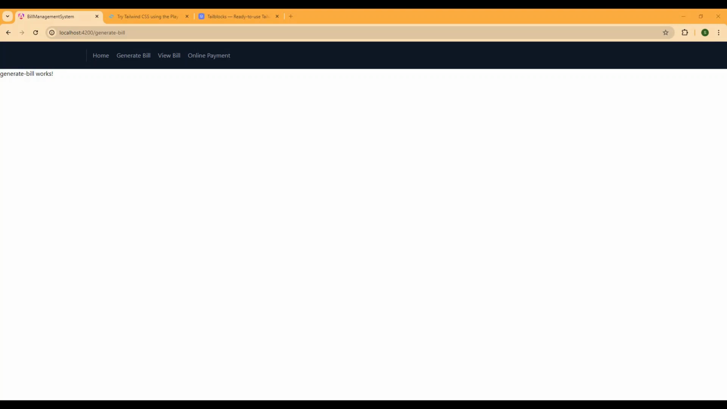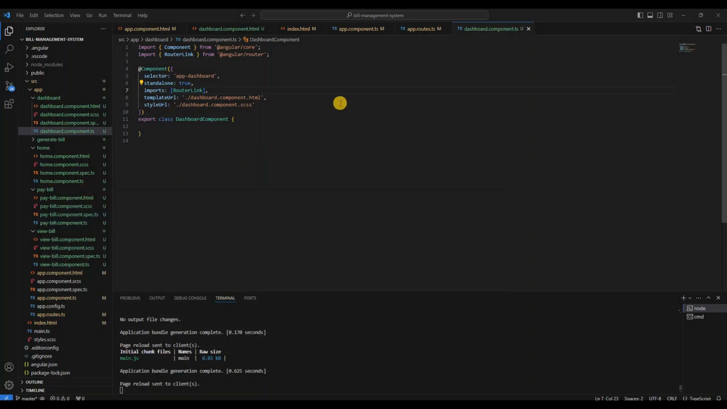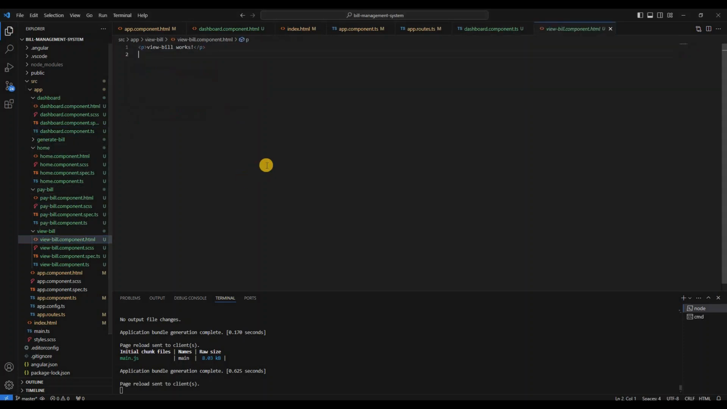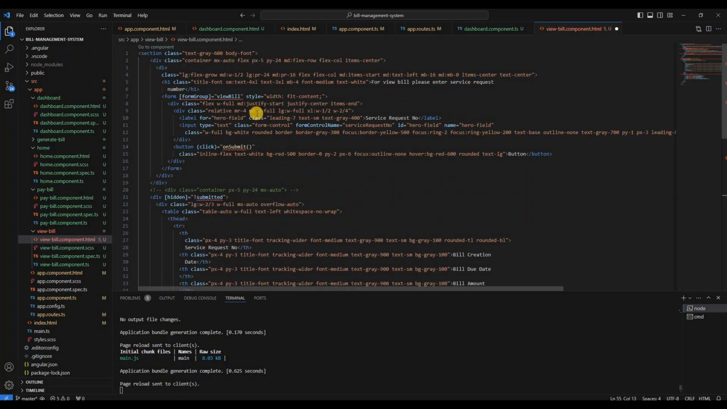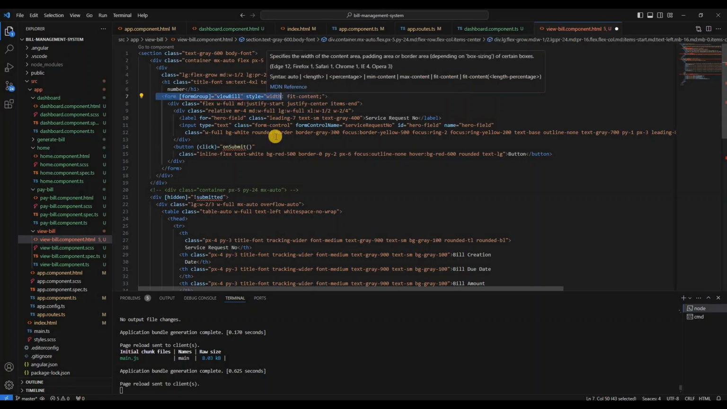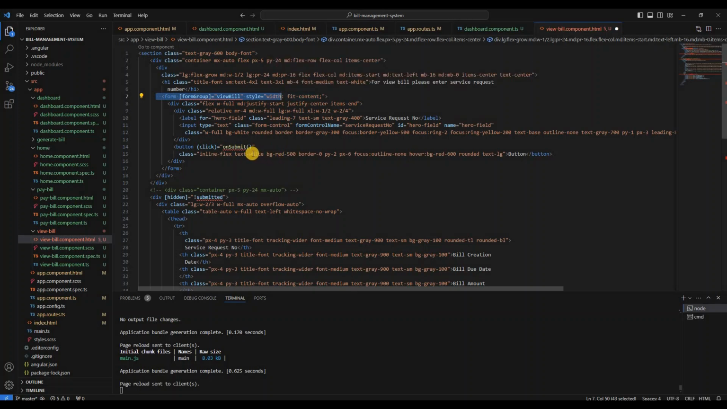For that we need to use another HTML file, so let me add this HTML over here. In the view bill, instead of that we can add this one, which is also another HTML. For viewing the bill, please enter the service request number. For that we are going to use one form, because everything will be working